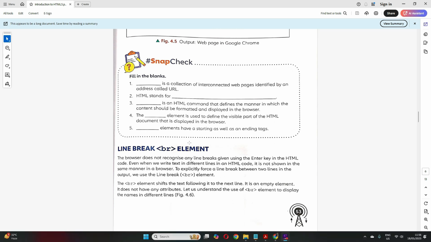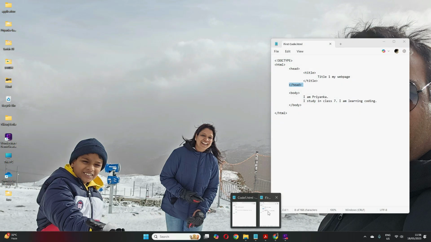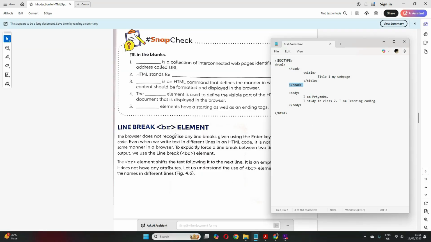Okay, students. Now let's try to understand some of the different HTML elements which are very useful when we design our web page. The first that we try to understand is BR. Now see, did you notice here? I wrote I am Priyanka and then I gave an enter and I wrote I study in class 7, I am learning coding.